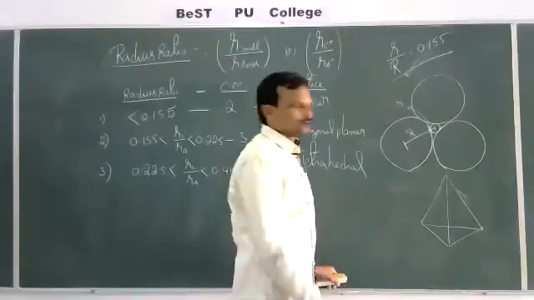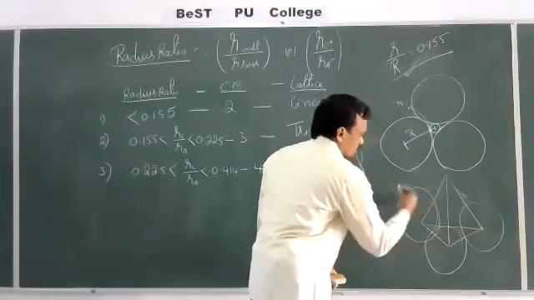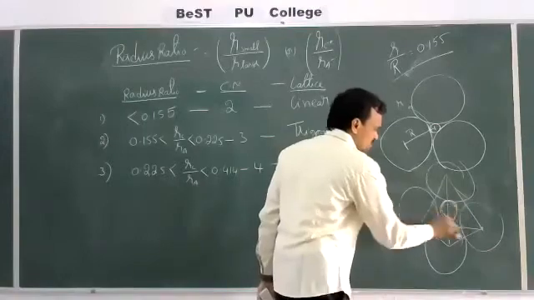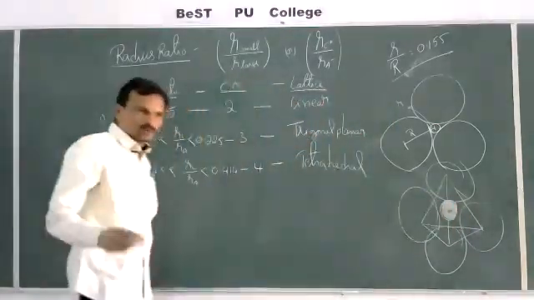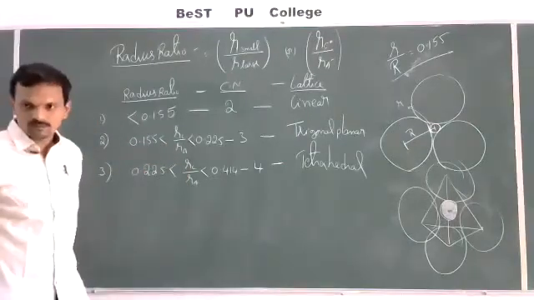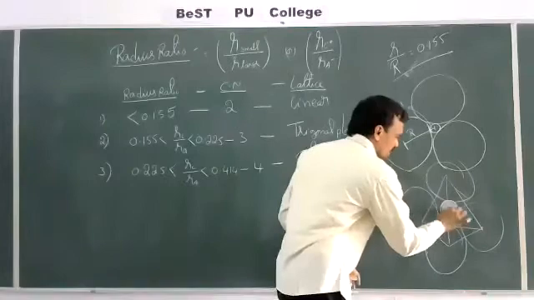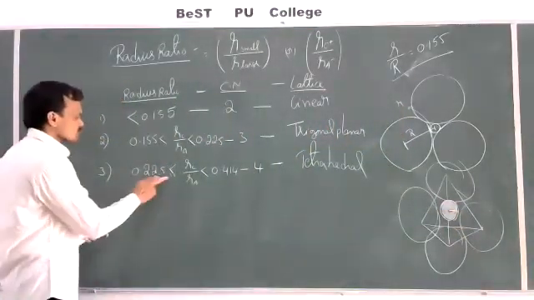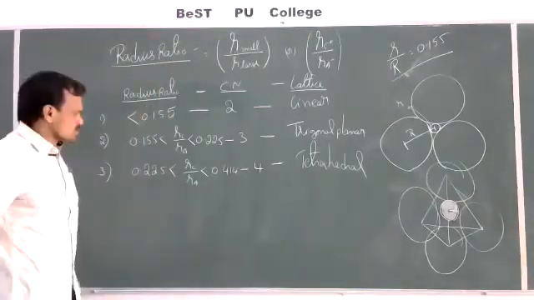This means this is one large sphere, this is one large sphere, this is one large sphere, here one large sphere is there. Now what is the void space? This is called a tetrahedral void, what we discussed in the previous class by taking the cubic system. Now the minimum radius ratio of this particle is 0.225, meaning radius of small ion by radius of large ion.